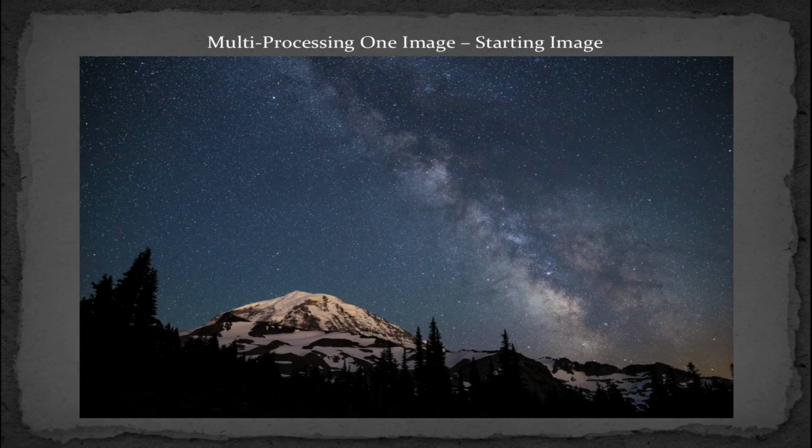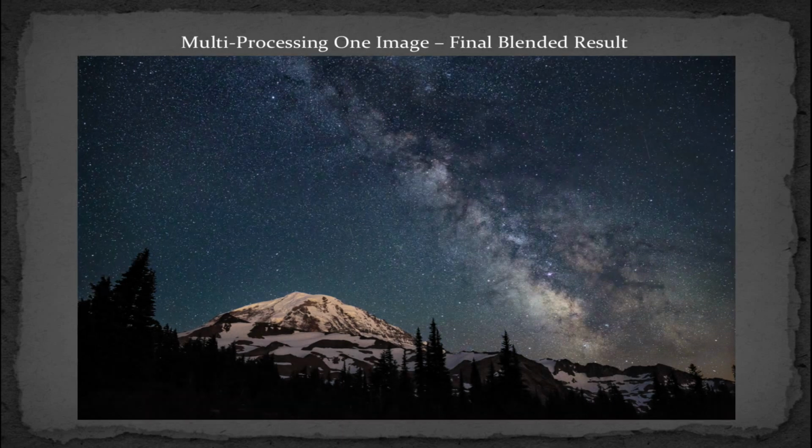And in case a client purchased this in a print larger than 8 by 10, I wanted to reduce the noise that I knew would show up once I open up the dark tones in the foreground, since the shot was taken at a very high ISO. Here you can see the result. So I'll toggle back and forth a few times so that you can see the noticeable changes in the sky